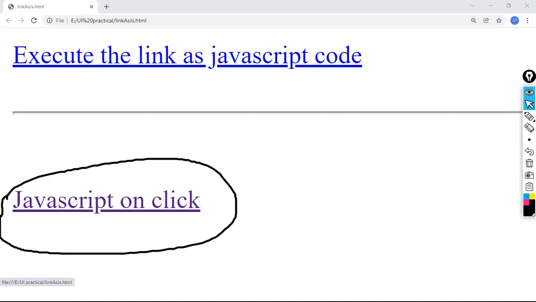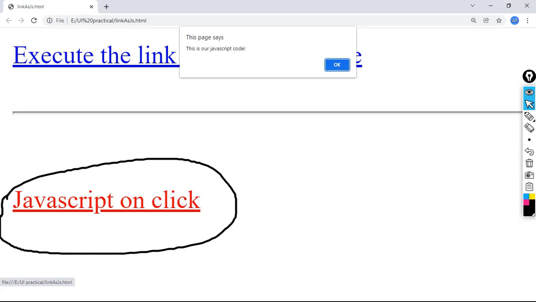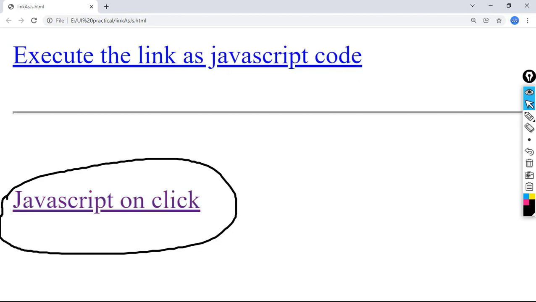3 2 1, click. As soon as I click the JavaScript on click hyperlink, our JavaScript code got executed, and because of that I got this pop-up box saying this is our JavaScript code. Let me click on the OK button now. After clicking on OK, this is our final output. See, I am showing once again.